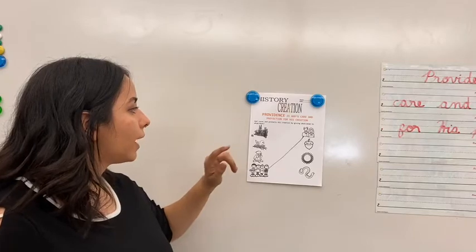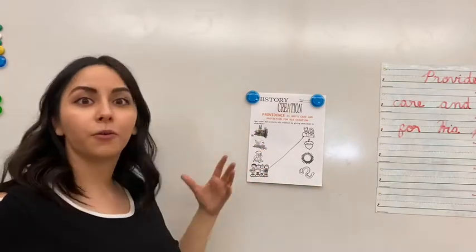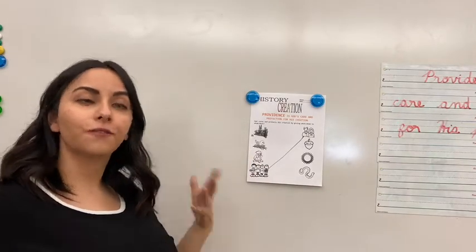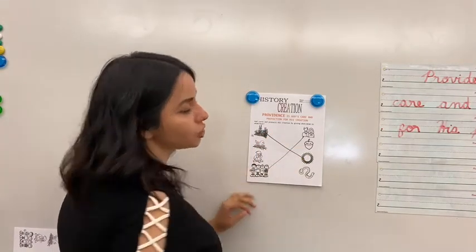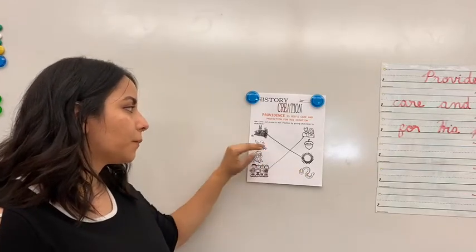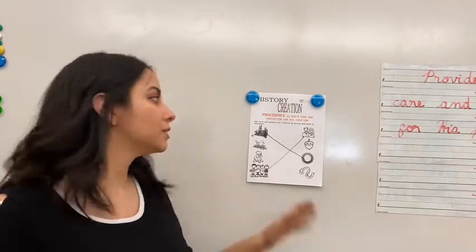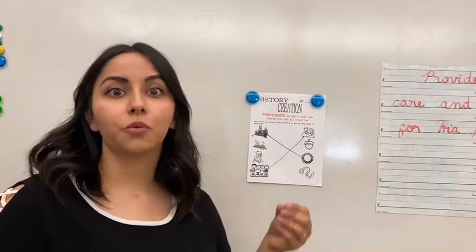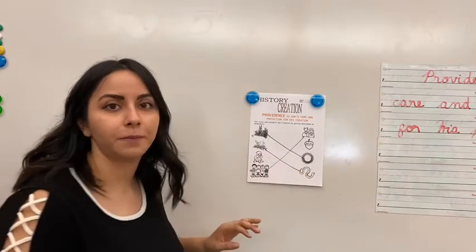Let's go right here. What do we have here? We have plants. And remember in science, what did we learn? That plants need the sun because it's their food. So let's go ahead and draw a line from the plants to the sun, just like that. Next we have, let's do the bird. Now what does a bird need to survive? He needs food as well, but does he eat the sun like the plants do? No, he eats what? Living things like worms. So the baby bird needs a little wiggly worm to eat.